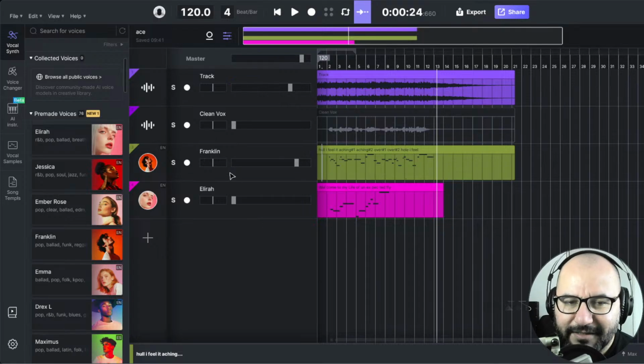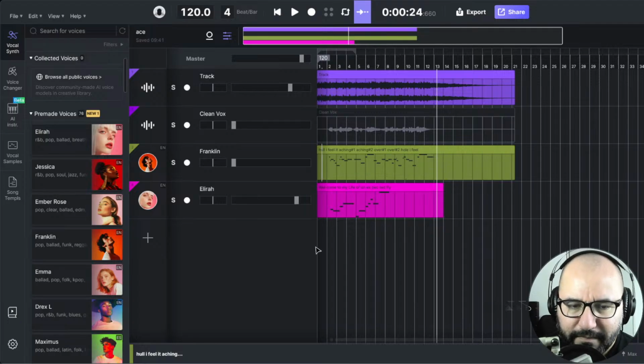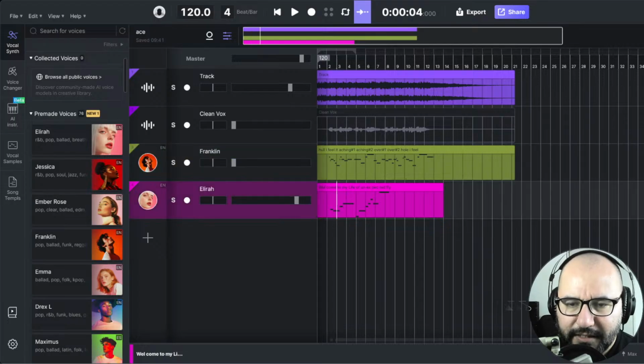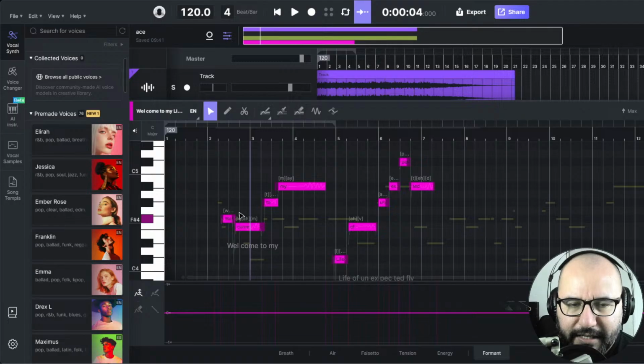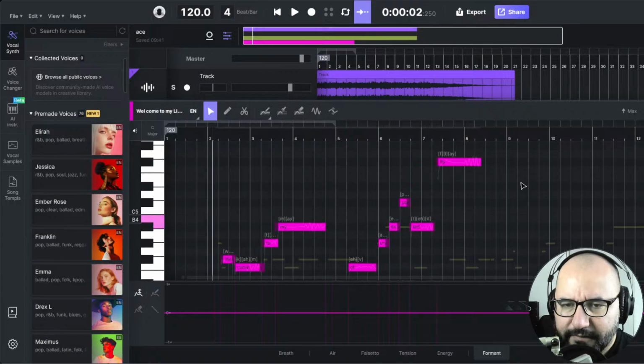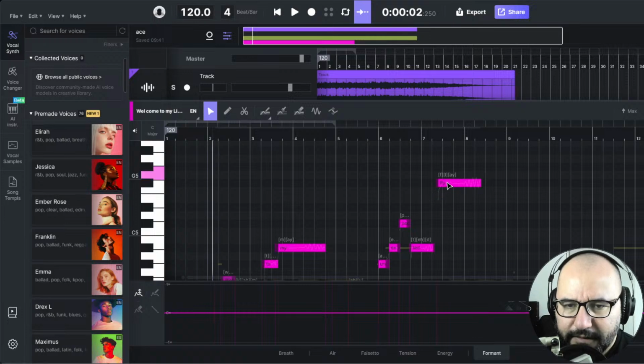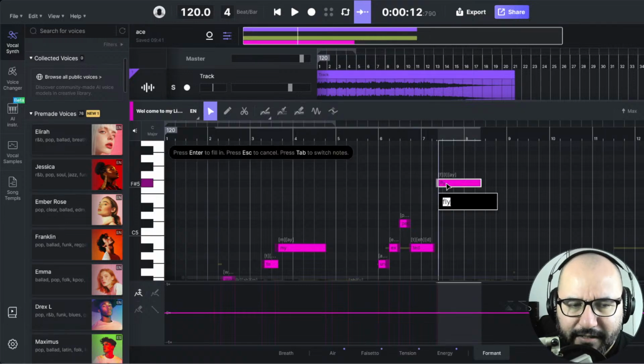Incredible. Right, and also another thing that impressed me a lot about this software is the lyrics thing, right? Let's go back to my original, another version of the song, and let's go to the editing part. Here, for instance, I actually put these lyrics. Welcome to my life of unexpected, right? Fly. So, for instance, here, let's say, we can put another word instead of fly,